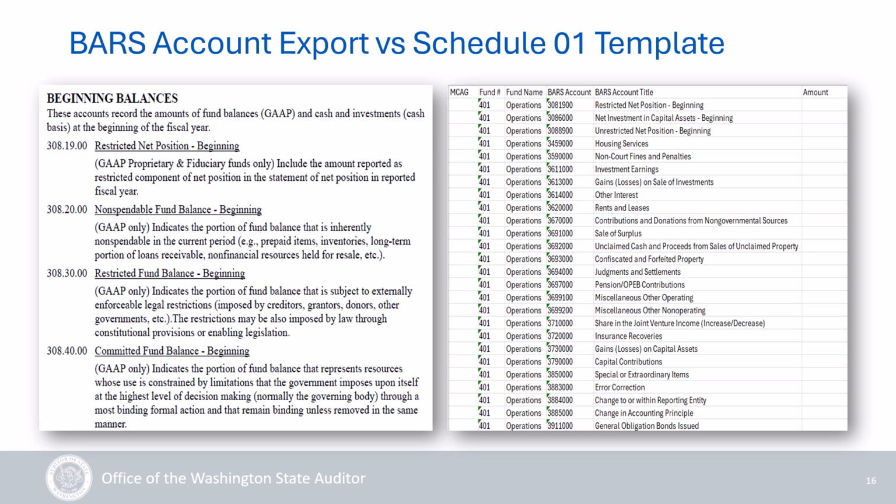Above prescribed would just be the 308 portion of the code, which is beginning balances. As you can see in the PDF image, above prescribed gives you some information about what the 308 codes record, and then moves on to the prescribed codes. That information about beginning balances would not be included in the prescribed only download.